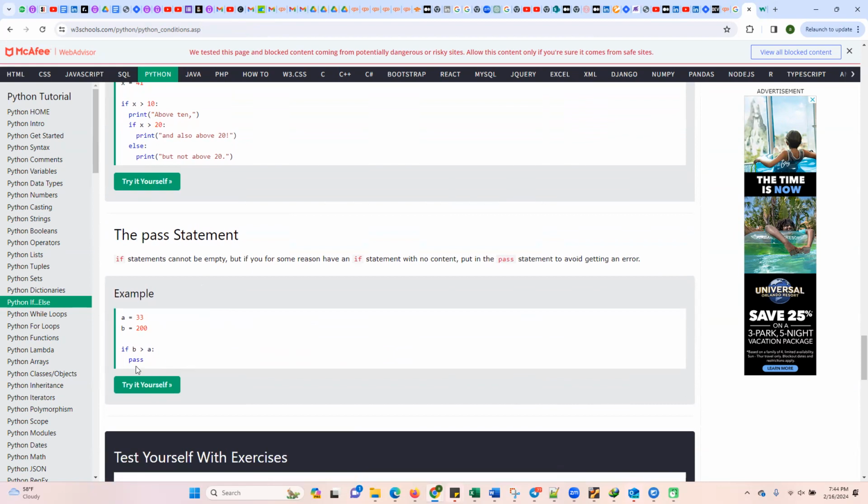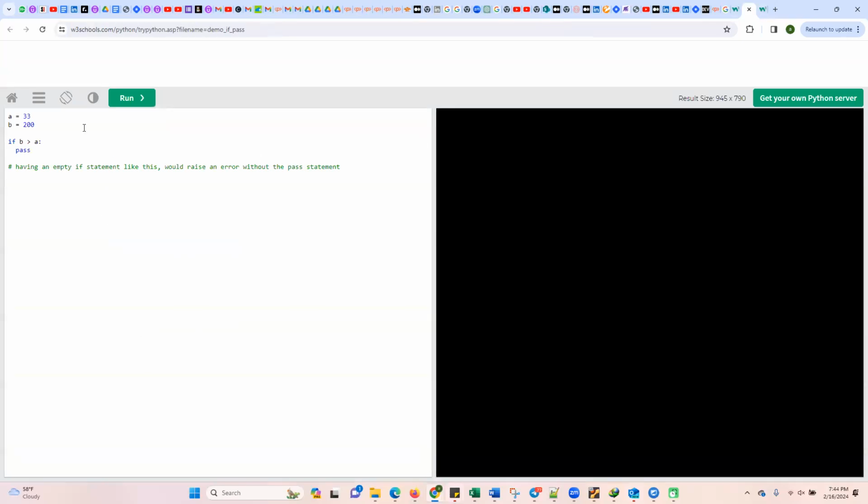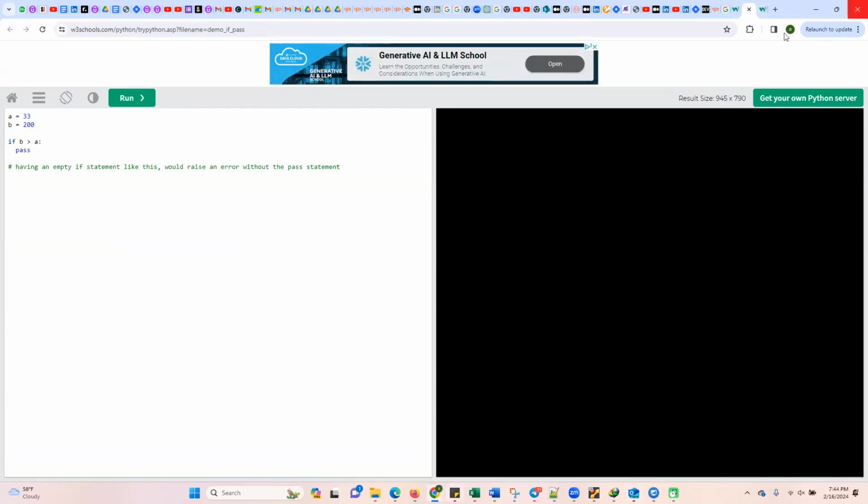And the pass statement is when I don't want to say anything. I simply want to pass on the condition and don't want to print anything, so I can use pass. In this case, it will print nothing. But if I want to keep an else, I have not if but an else, and I say